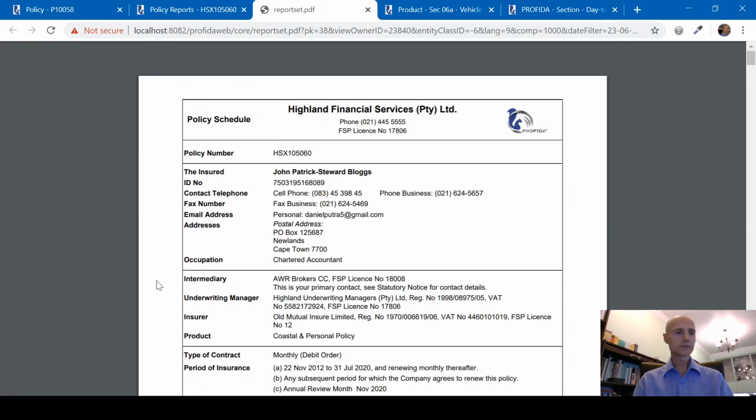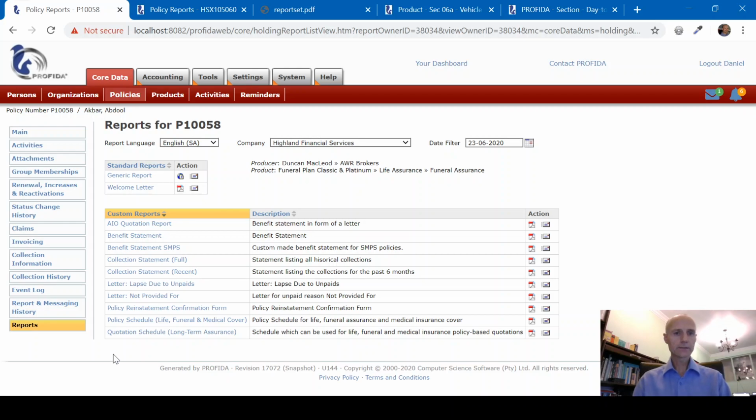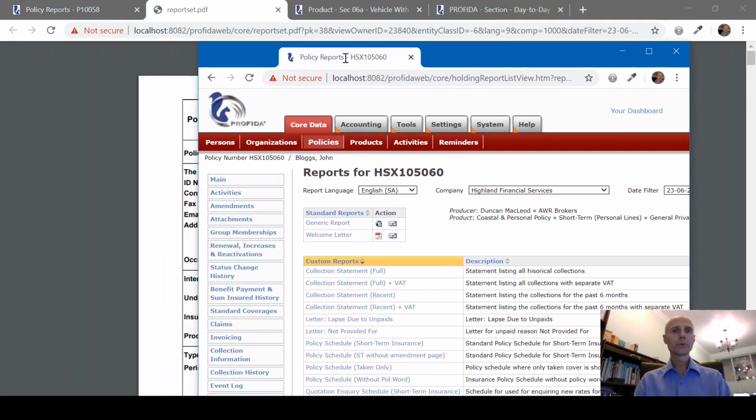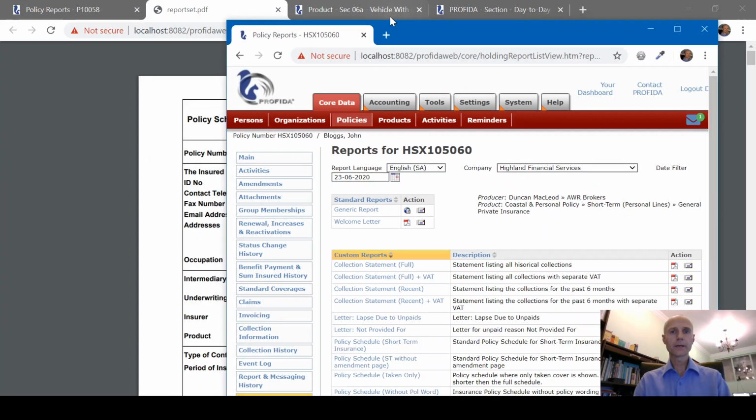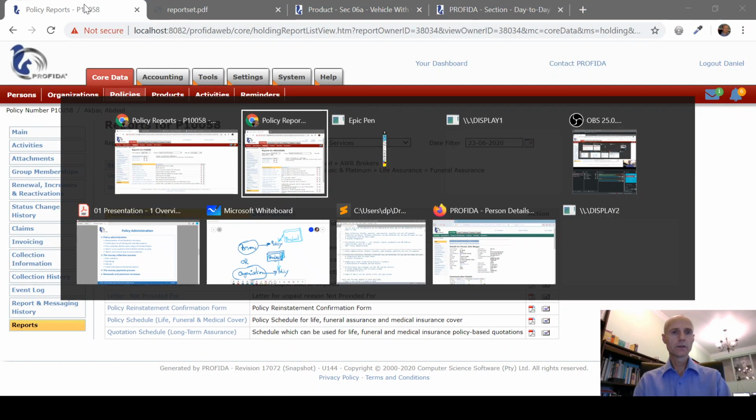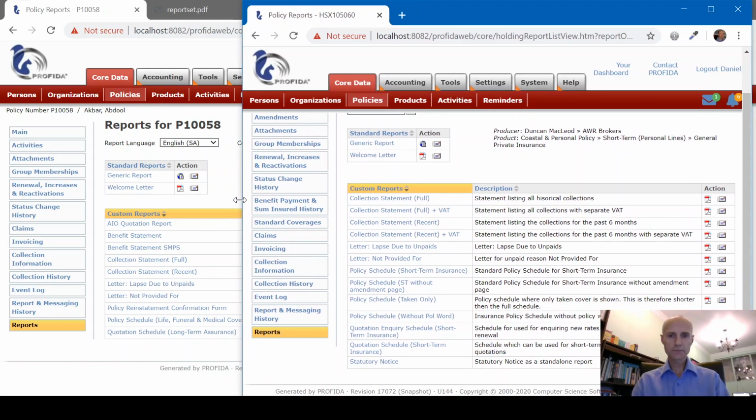Right. Okay. So now let's have a look at the funeral policy. Quickly run this there. You'll also notice that the policy schedules and the reports stay dynamic. They're basically different per product, so you can specify those separately. So if we look here, then we see that we have, for example, the short-term